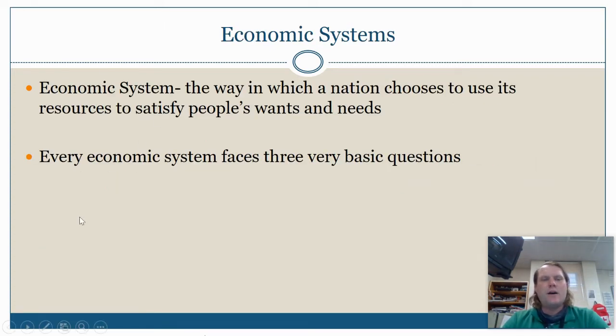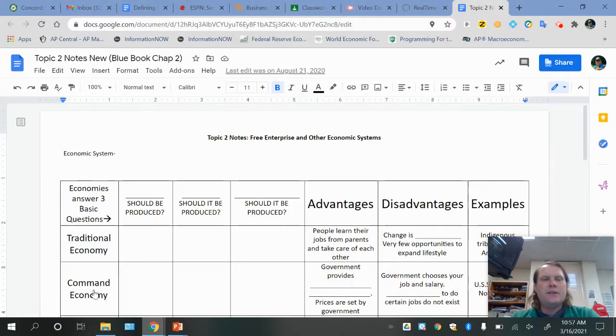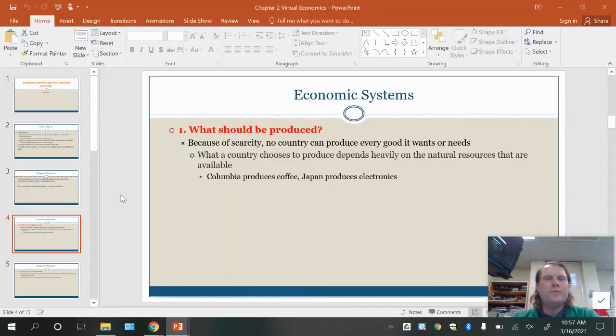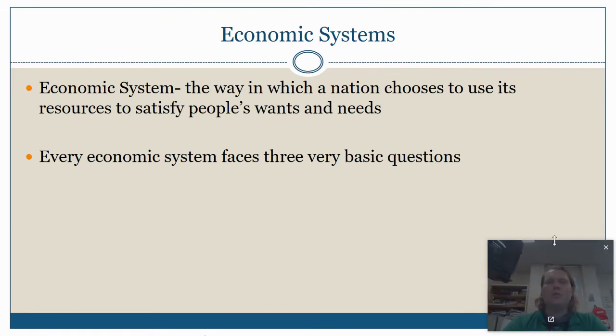Like I said, we're talking about economic systems. You're writing this up at the top of the paper right here. You're defining this, and then you'll see how the chart is filled in as we go. Economic systems is the fancy way of saying how a nation is going to decide to use its resources to satisfy people's wants and needs. And what kind of rules is the government going to have to satisfy as many as possible? We'll talk about some of the challenges that the United States has faced.